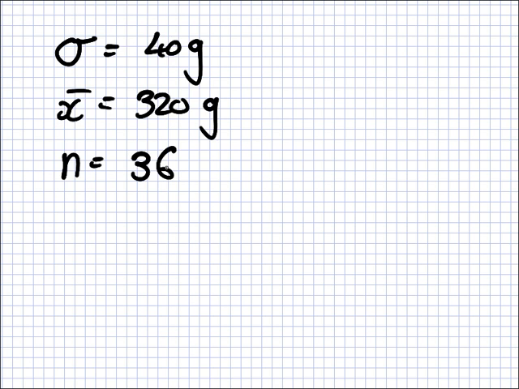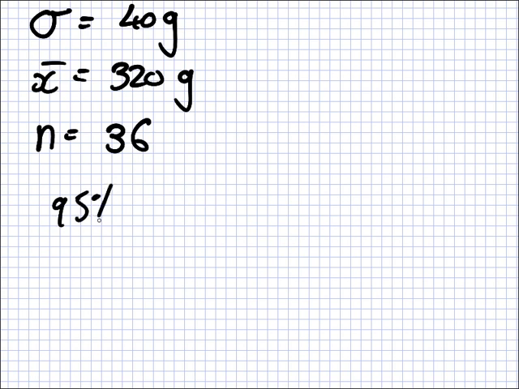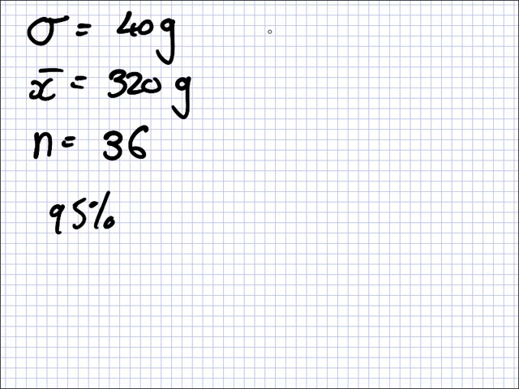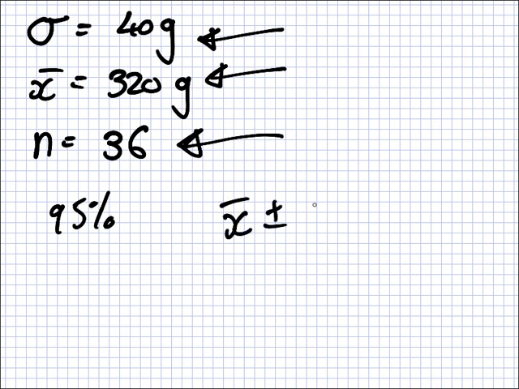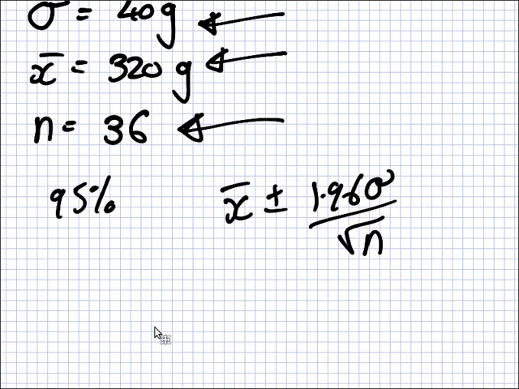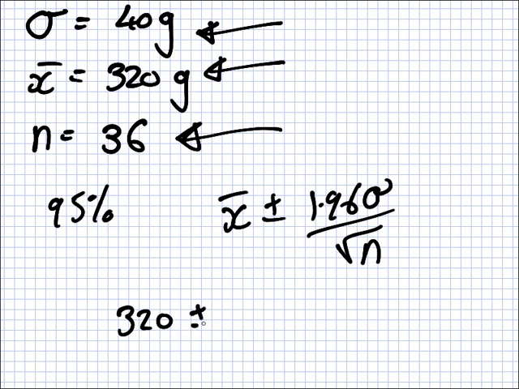Right, you should have an answer now. It's not a particularly long one. Just sub into the formula. The question is which formula though? So for this one, the 95% confidence interval. Standard deviation, 40 grams. Mean, 320. Sample size, 36. The confidence interval is x, the average, plus or minus 1.96 sigma over root n. So here this is 320 plus or minus 1.96 times 40 over 6, the square root of 36.